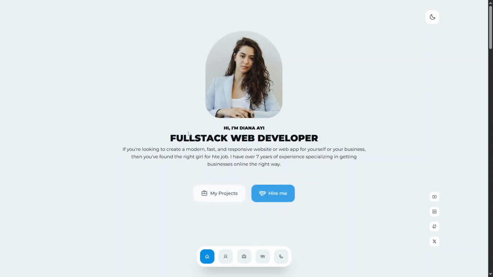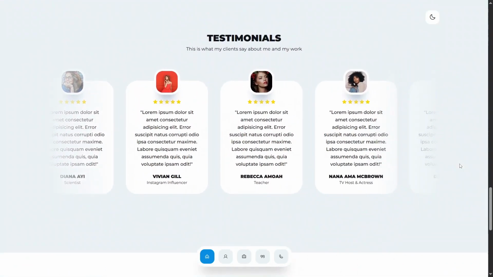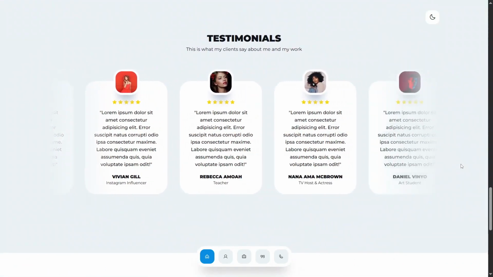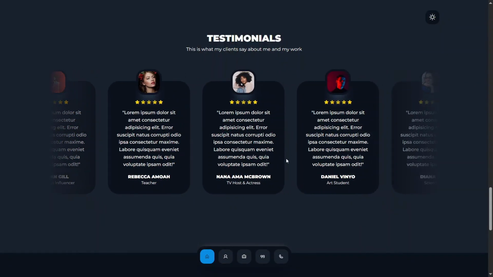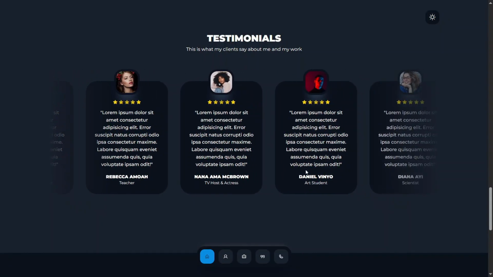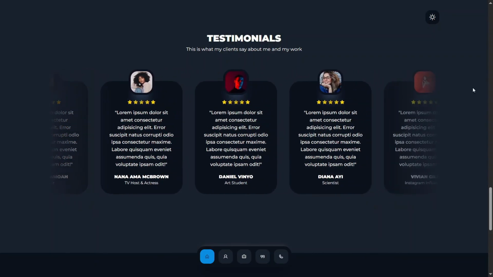Hello and welcome to this project where we are going to build and deploy this beautiful personal portfolio website using HTML, CSS, and a little bit of JavaScript. In this project, we are going to learn how to build and deploy a full website using only HTML, CSS,